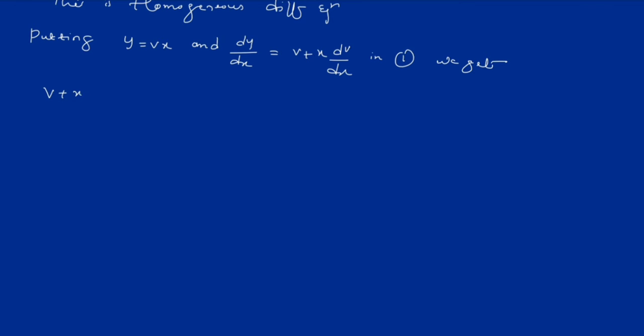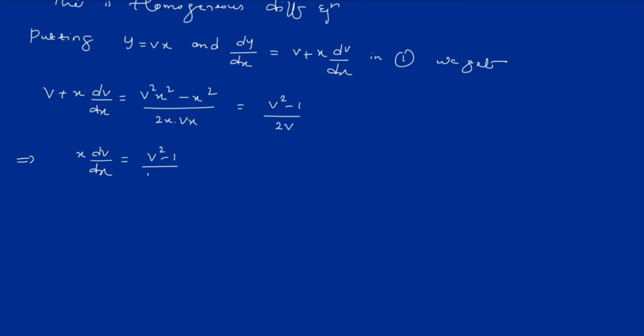plus x dv by dx, which is equals to v square x square minus x square upon 2x vx, right? So which is equals to what? By taking x square common from the numerator and denominator, we get v square minus 1 upon 2v, right? So again, which implies x dv by dx equals v square minus 1 upon 2v minus v, right? So now cross multiply,